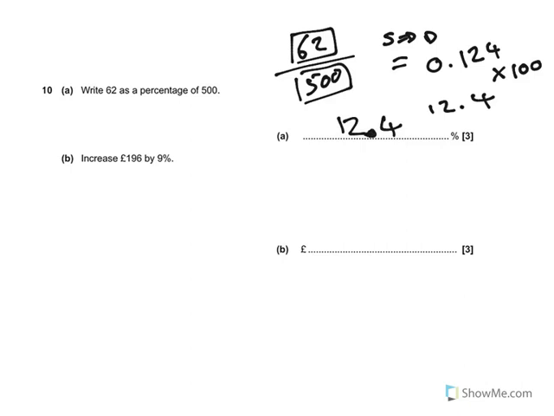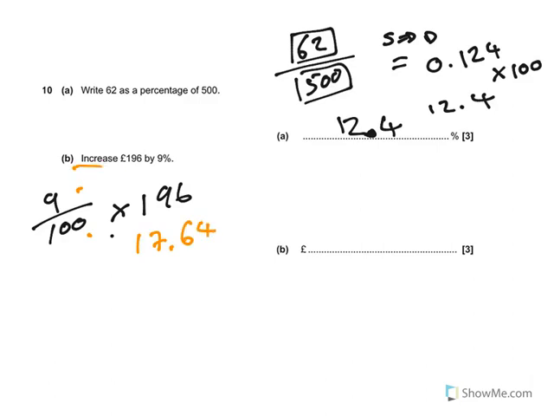Okay, question 10b. There are several different ways to answer this. It's easier to use a calculator. So, how do we find 9% of 196? Well, 9% equals 9 over 100, and we times that by 196. On your calculator, you type 196. You divide it by the number at the bottom, so divide it by 100 equals 1.96. You times it by the number at the top, which is 9, and you get